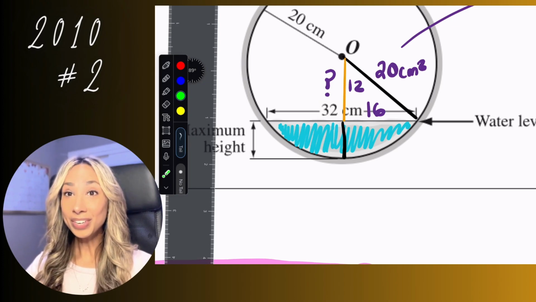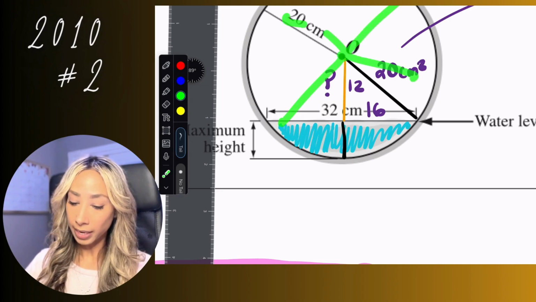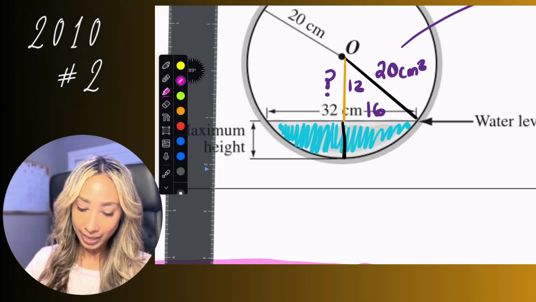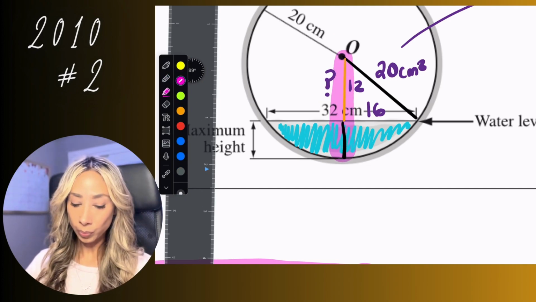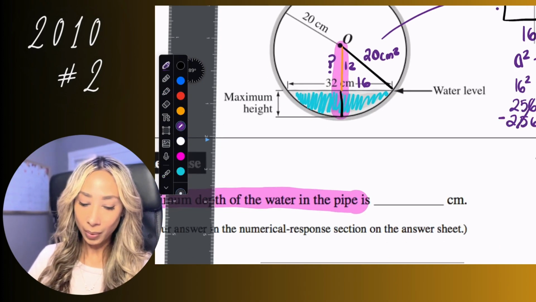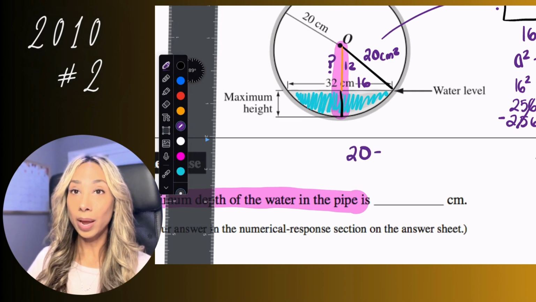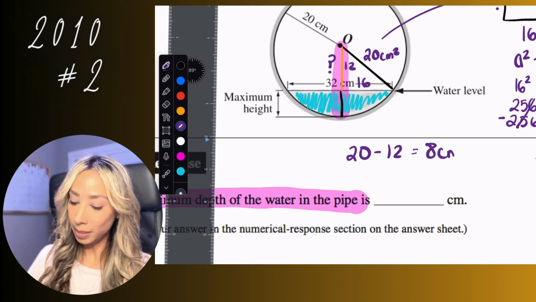Okay, so if you're thinking about it, hopefully you're thinking that we can use our radius. Our radius, again, we can draw it out anywhere over on the circle, which means our radius is going to be here. That whole portion is 20. Now, since we only want to know the depth of the water, we can take away our radius. We can go 20, take away the portion that we found out, which is 12, and that's going to give us a maximum depth of 8 centimeters. So the answer for this one is